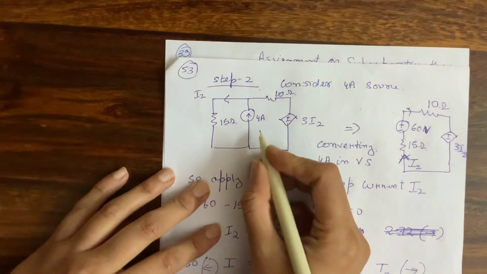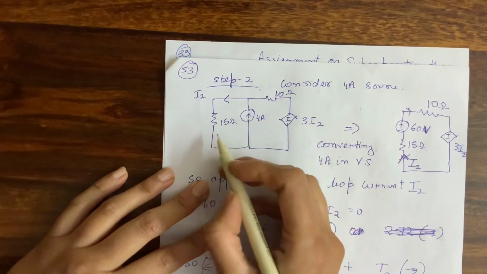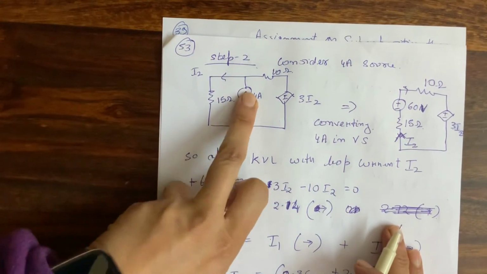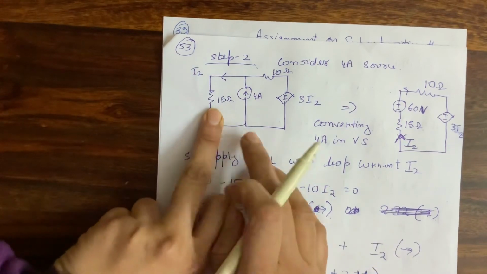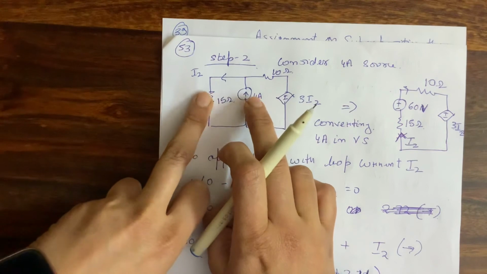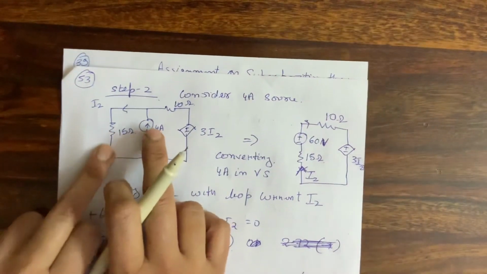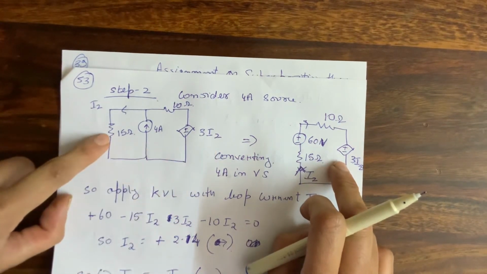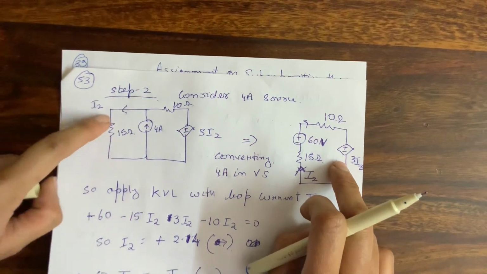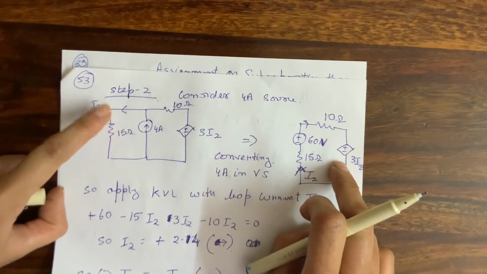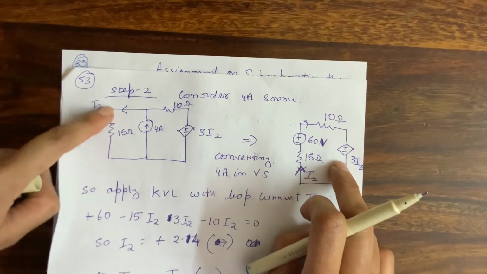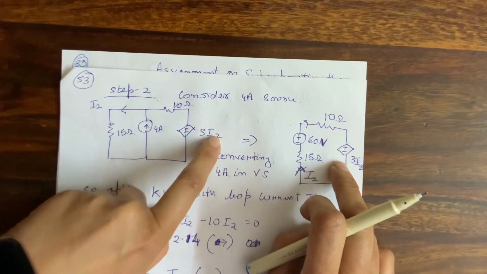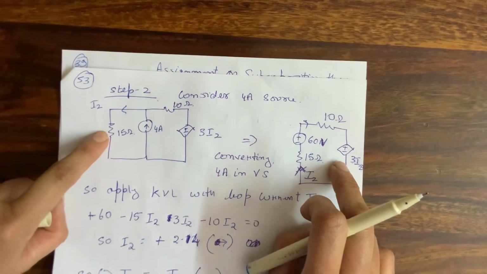Now when I am considering the 4 ampere source, I am short circuiting the other source because it was a voltage source. Here I can see that there is a current source in parallel to a resistance. So I can remove this current source or convert it into a voltage source, and that can be connected in series with my 3i2. Now where does 3i2 come from? In my step 2 I have considered that the current through 15 ohm is I2. Because the current through 15 ohm was the current on which my current dependent voltage source was dependent, I have named this 3i2, because it is dependent on the current through 15 ohm.